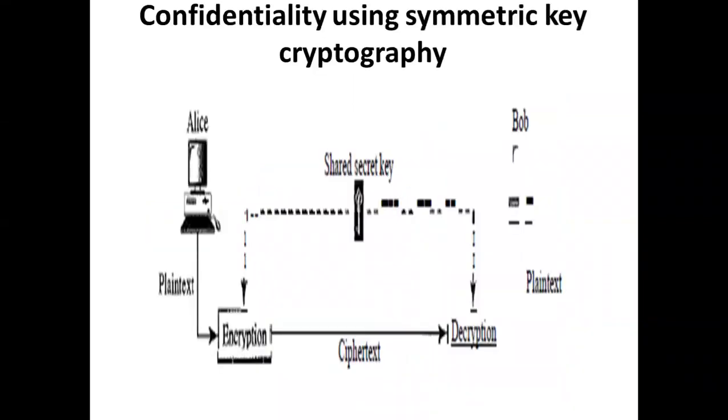Okay, so confidentiality. I was just now telling you our data that we are trying to transmit over a network needs to remain confidential. Confidential means nobody should be able to see it. Nobody should be able to hack it or access it. And that's why most of the times a mechanism is used on networks to encrypt your data, and that is called as cryptography. What is cryptography? Cryptography is a mechanism in which you try to encrypt your data. Encrypting means encoding. You encode your data at the sender side. At the receiver side, it gets decoded. This mechanism of encoding and decoding, or encrypting and decrypting, is called as cryptography.